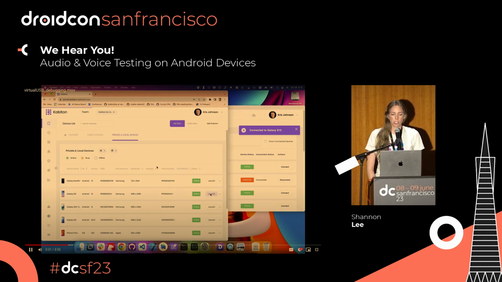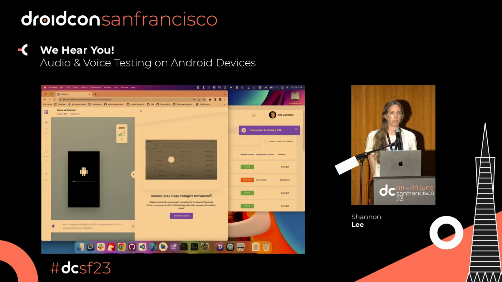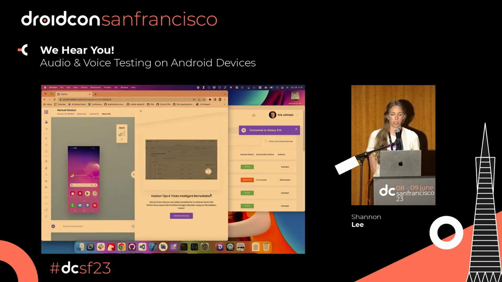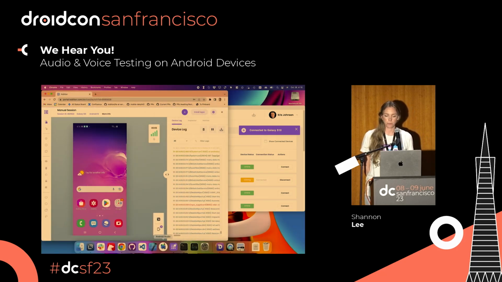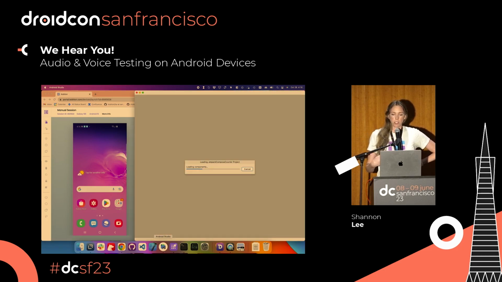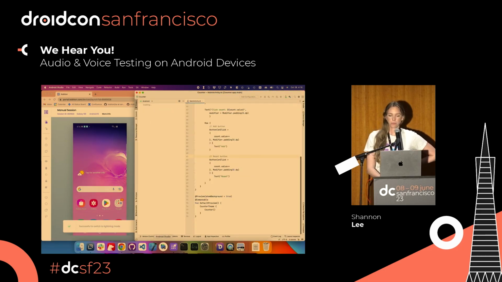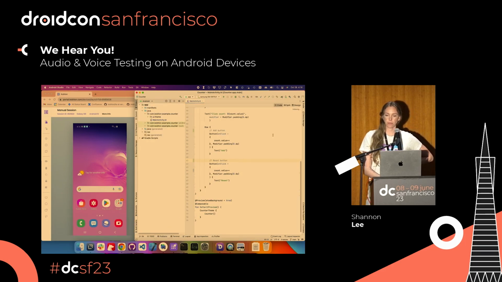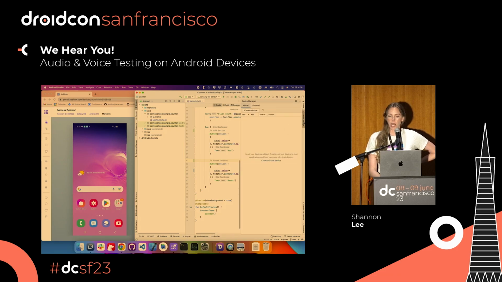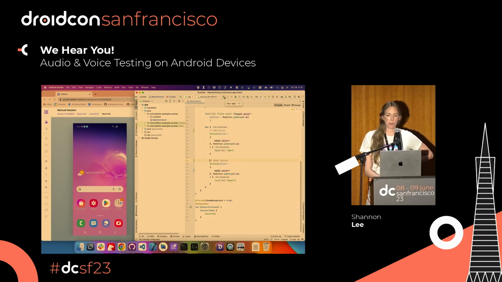So with that, we'll go ahead and launch the Galaxy S10 in the portal just to give us a live view of the interactions we're going to be applying to the device. With that, pulling up Android Studio, as I navigate to Device Manager, we can see that the Galaxy S10 is actually registered as a physical device that I can now connect to in Android Studio. With that connection, I'm going to launch my application onto that device.